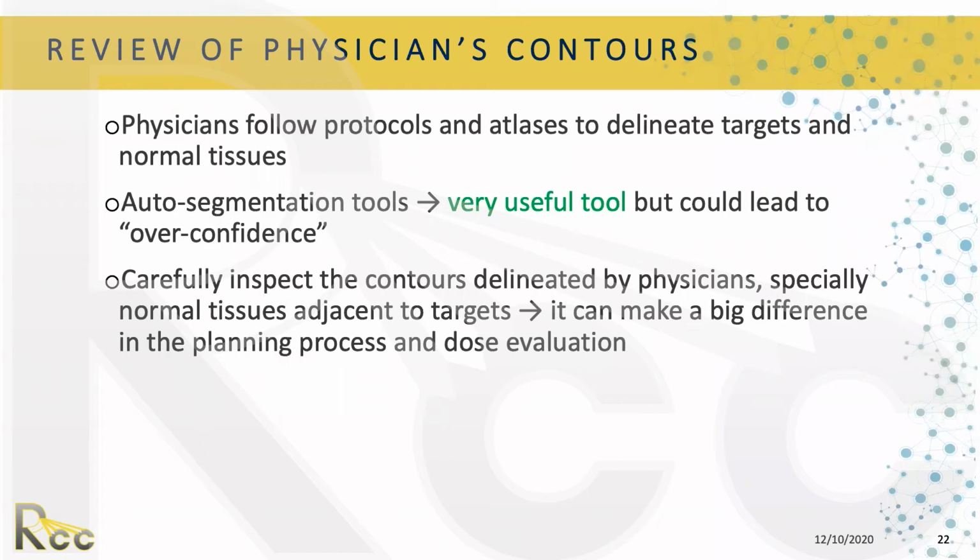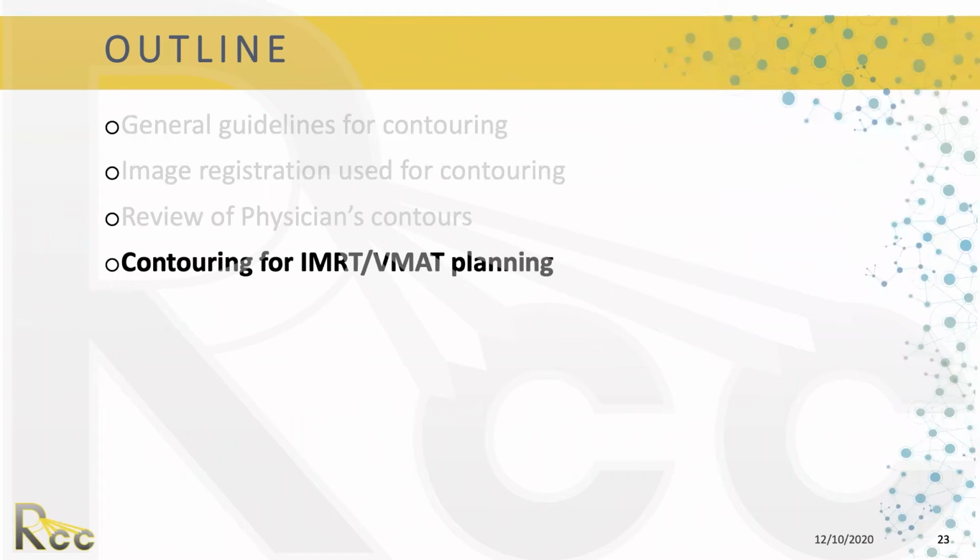Maybe you just trust the auto contours, and then you don't even bother to go and check what the auto segmentation did. Most of the time, they do a good job, but it's very important to carefully inspect the contours delineated by the physician, especially when there are normal tissues adjacent to the targets, because this will make a big difference during the planning process and the dose evaluation. This is basically just a suggestion. It's very important to make sure that you have good contours,